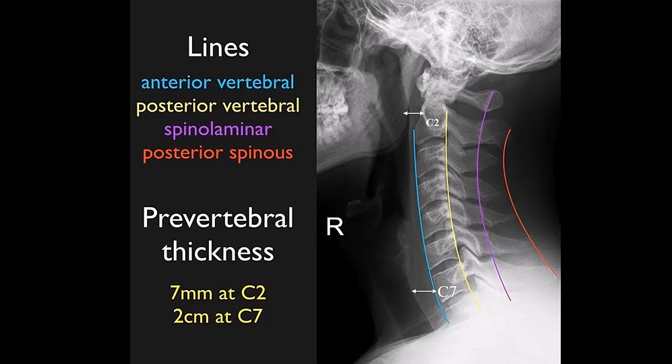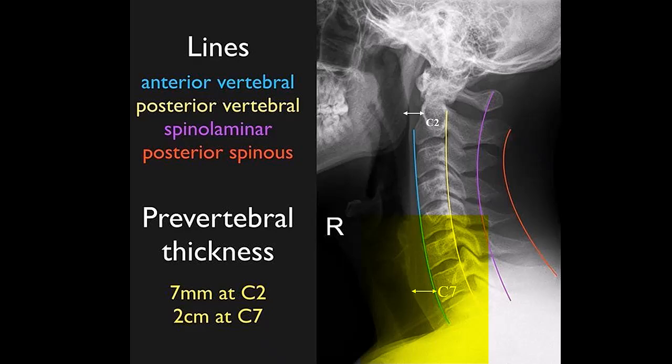As we go to the area of C2, we should see a retropharyngeal space of about 7 millimeters. In other words, the soft tissue between the trachea and the bone should be approximately 7 millimeters. As we progress down the spine itself, we'll notice that the air at C4 and above up to C2 is about 50% of the size of the vertebral disc itself. Below that,